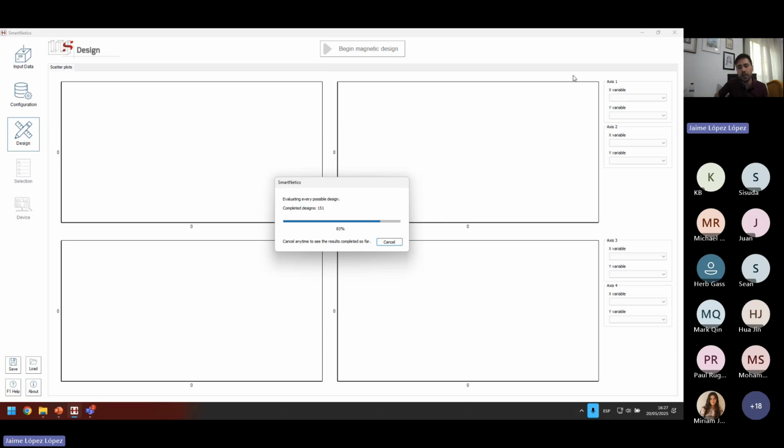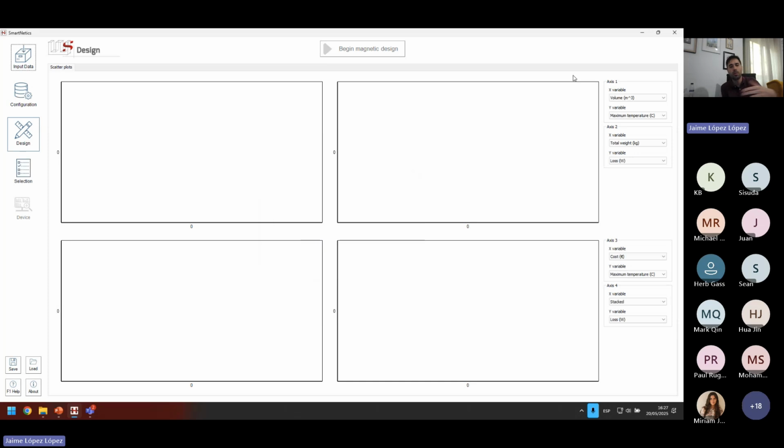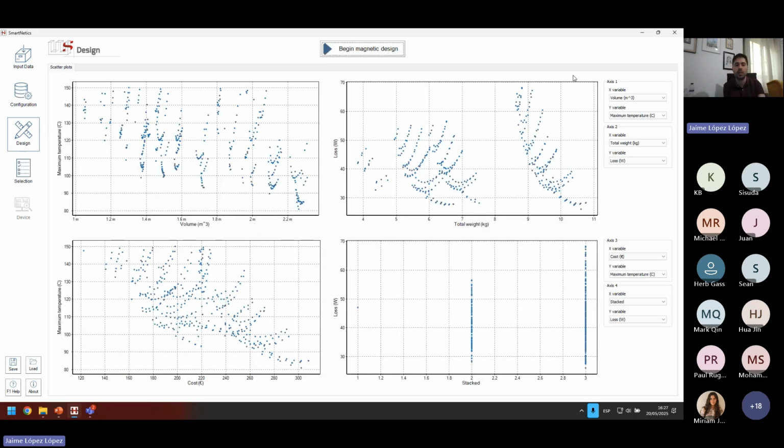As I said at the beginning, what we think is different from our tool to other tools is that we don't provide a single black box solution. Instead of that, what we provide is every possible combination of parameters from the databases that you have just seen that matches your specifications and that allows you to operate in that current, achieving that inductance, and with every restriction imposed in the configuration step. As you can see, there are many designs that match specifications. So what we provide in here is a very intuitive tool to select the one that is better for you.